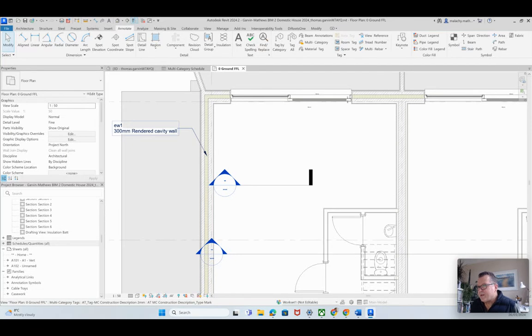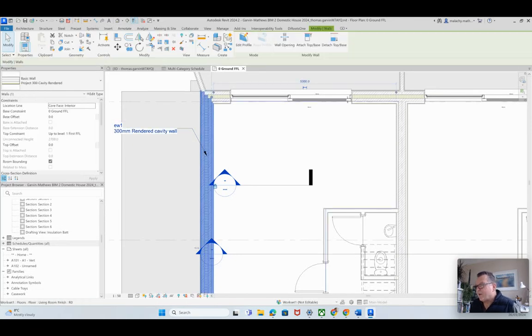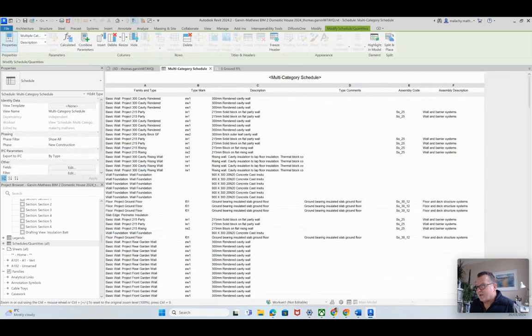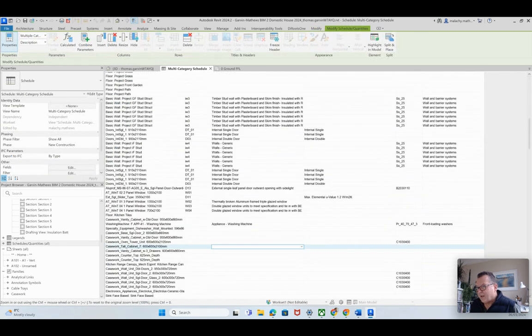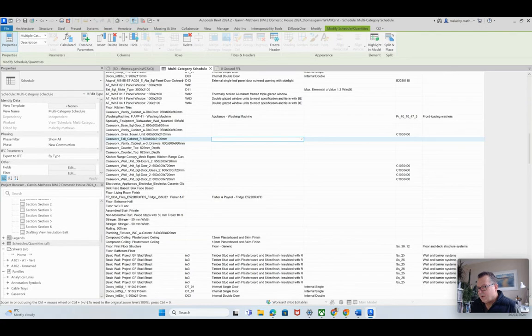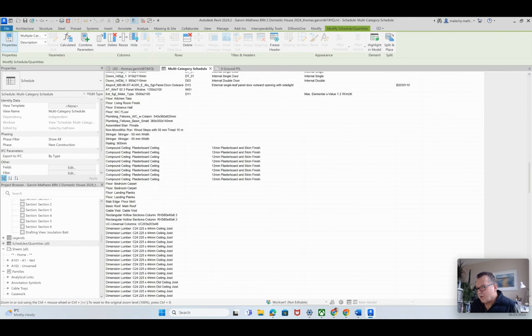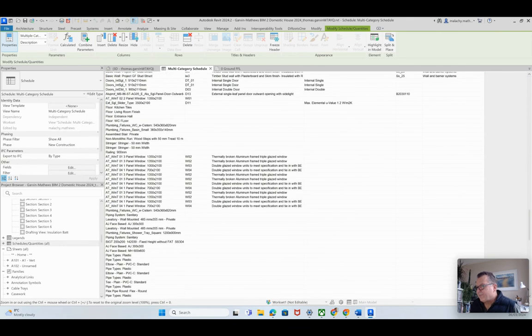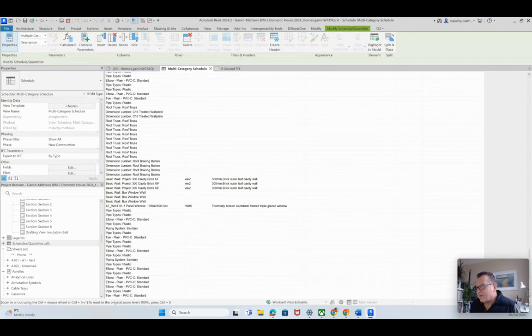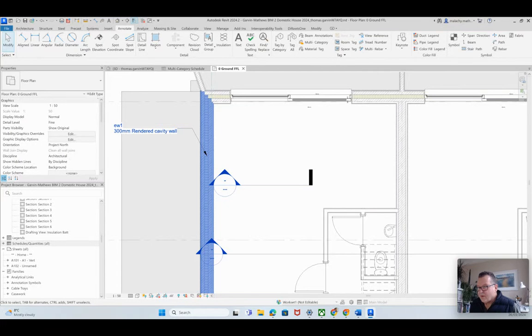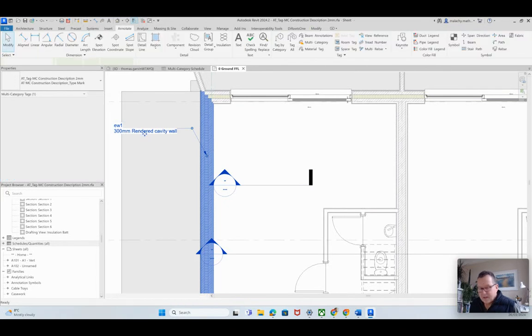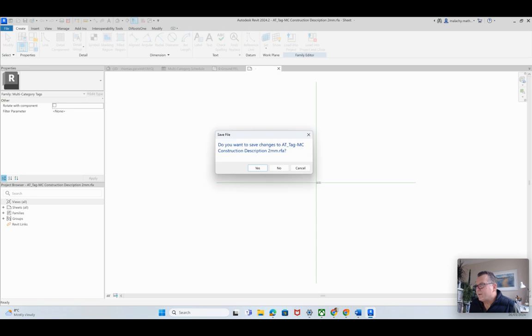Now that note is directly related to, if I pick that and go back into my multi-cat here, there it is there. So it is that wall, the external wall that's there. And I need to scroll all the way down probably to very basic cavity wall EW2, something like that one there. Now I can update the note here, or I can update the note there. And what it does is,